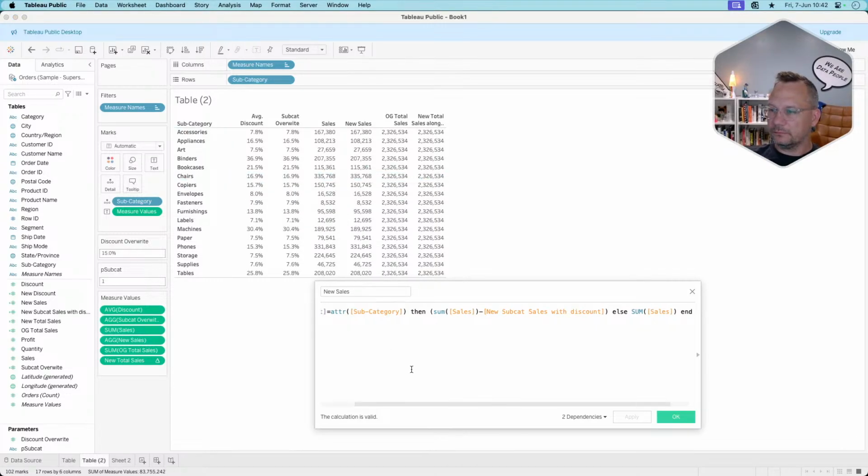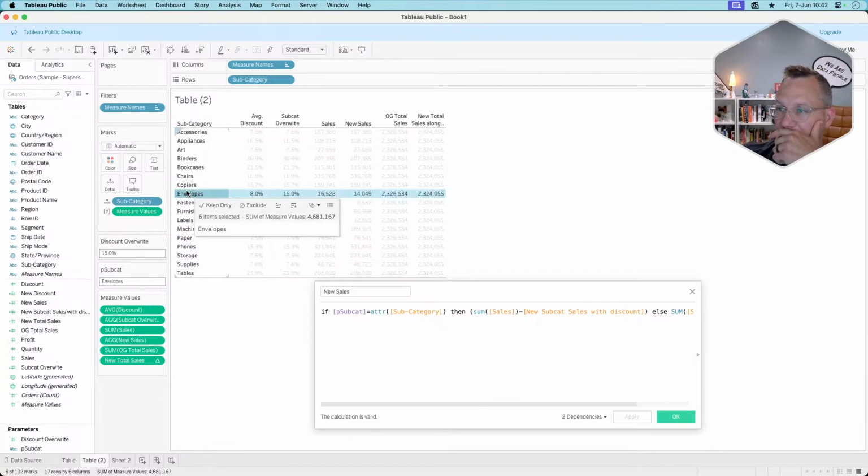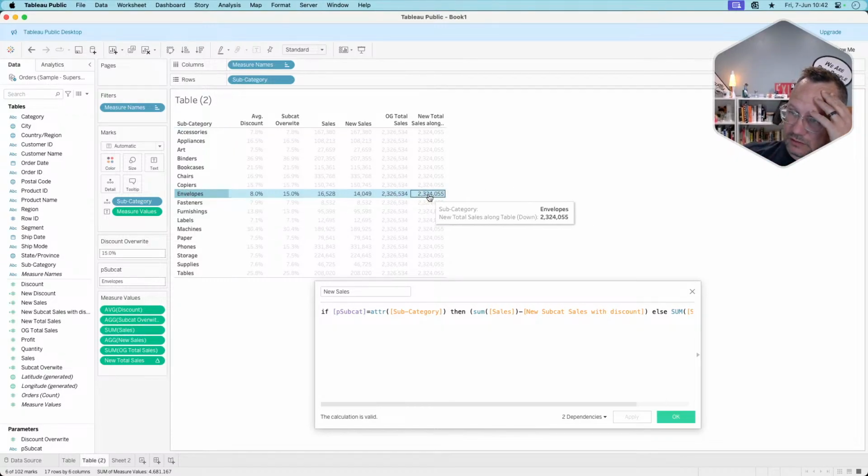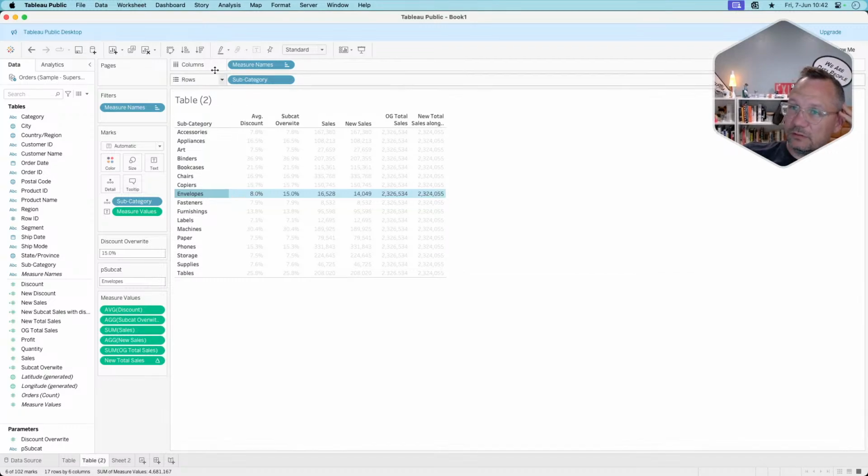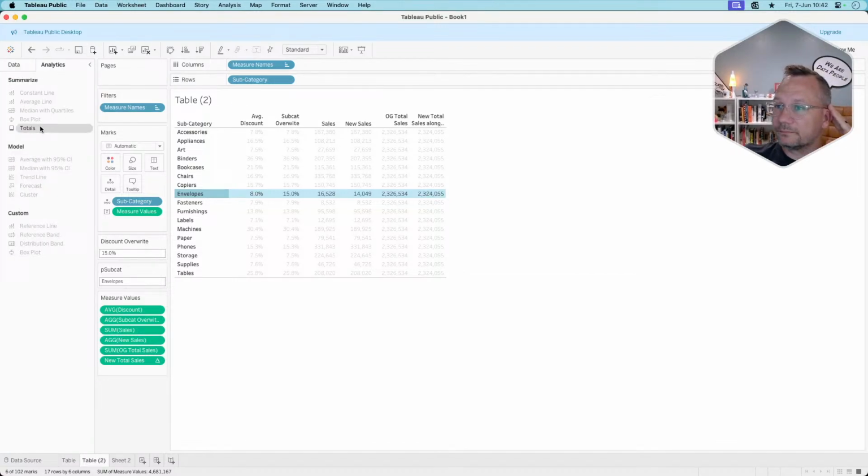Yeah. Okay. All right. I know that this works. So now I just need to figure out how to get, like, these things are working, right? Now it's just a matter of how do I isolate, how do I get this, I know how to do this number as a fixed level of detail. I don't know, because if we do add totals,